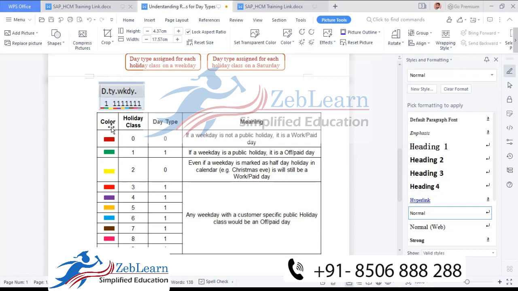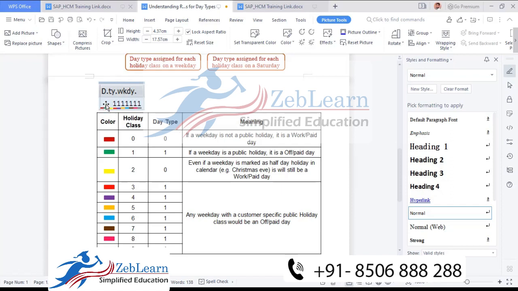So now this second decision: if any day falls between Monday to Friday, if any day is a full day holiday, it will be off and paid. So the green color place is indicated as off and paid. If a full day holiday class falls between Monday to Friday, it will be off and paid, according to the second indicator, green color, and above there, for day types, we have selected one. Now the second scenario, in green color, holiday class green color, that means one full day holiday.